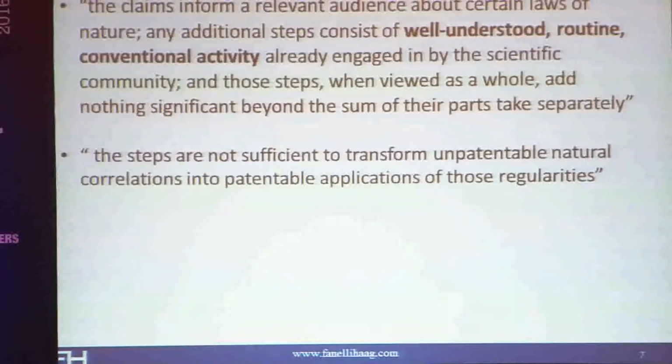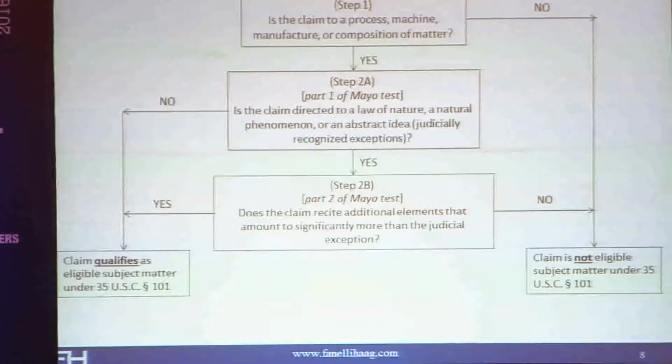The last little quote here that I want to focus on is that the steps are not sufficient to transform the unpatentable subject matter. And I want to focus on the word steps, and the reason is we're talking about methods. So the theme that I want you all to think about is, when you're drafting claims like this, when you're trying to cover inventions directed to personalized medicine, add steps. That's what we're going to have to do in the U.S. in order to get these things patented. And that will come through as we look at some of the cases.